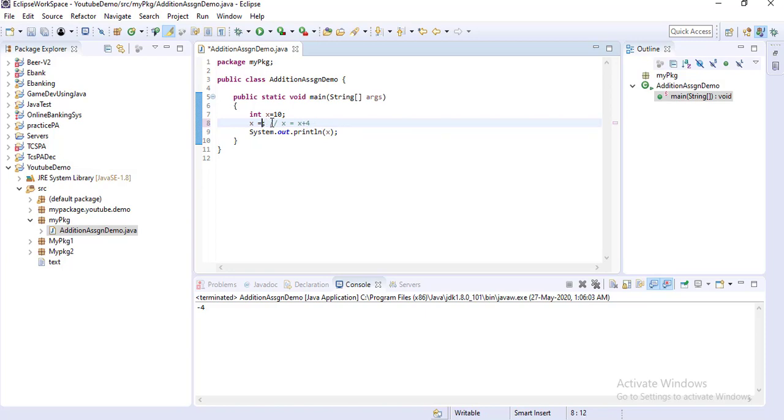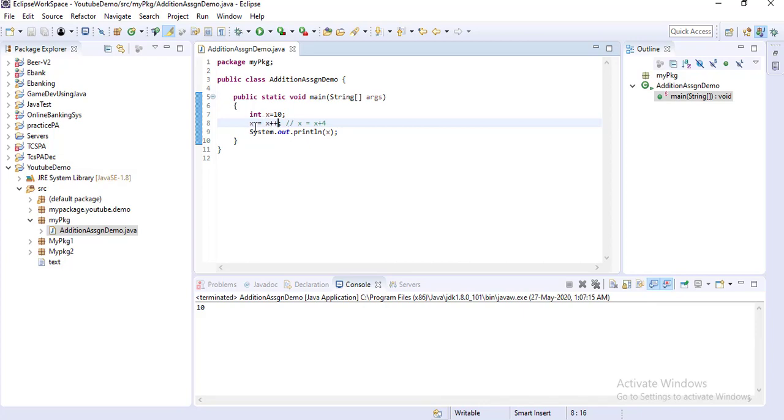Okay, and if you write x equal to x plus plus. Okay, so now if you execute it, you will get 10, because first it assigns.